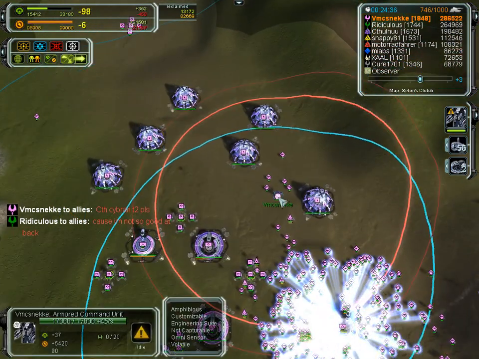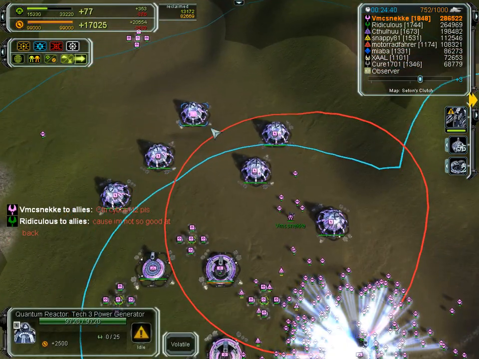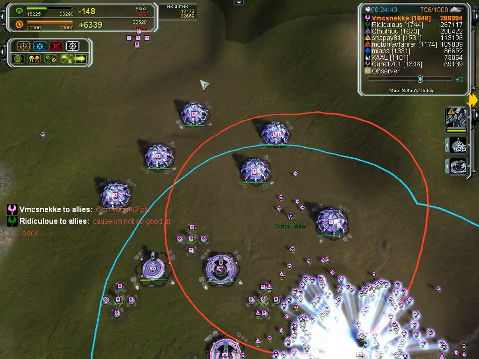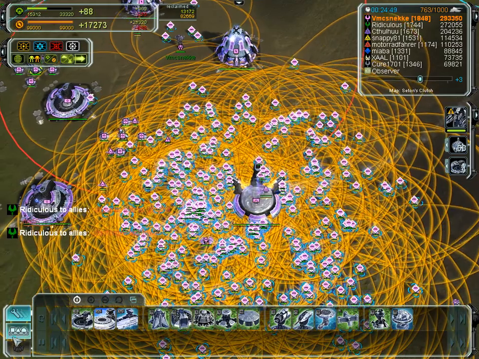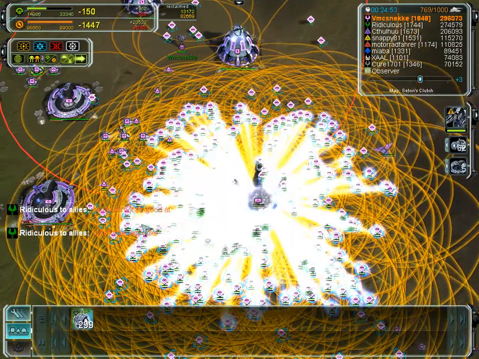More Tech 3 power generators for VMC. This is what you'd call massive air spam. He's got 20,000 power, which you need for that. He's got 300 engineers now at minute 25